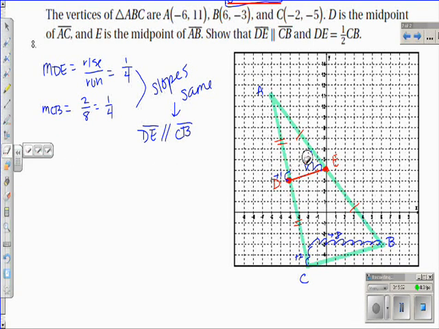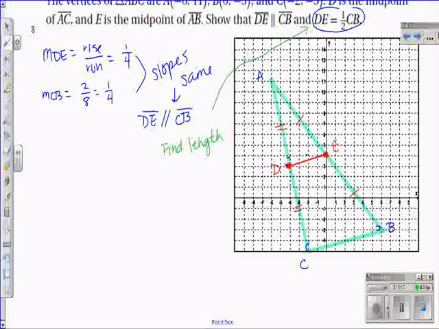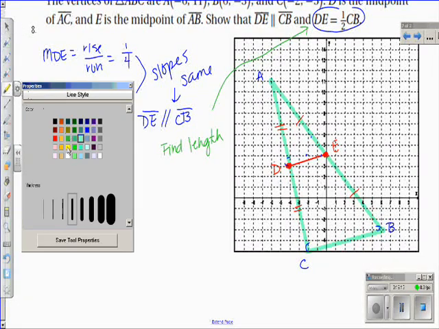From here, I'm going to go ahead and erase these markings. And we want to show that DE equals half of the length of CB. Well, what we need to do for this part right here is we need to find the lengths, okay? So for that, we want to find their length. Now, you could use distance formula, but it kind of takes a while, right? So what I'm going to advise you to do is